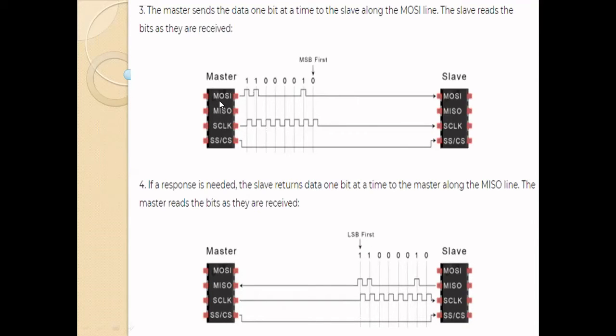That is called master out, slave in, meaning the master acts as a transmitter and the slave acts as a receiver. From the master, we are sending the data to the slave. What is meant by master and slave? Master means it has total control. If you take 5 devices, one will act as a master and the other 4 will act as slaves. So the master alone initiates all the communication. If you want to transfer any data from one device to another, the master is the main thing.